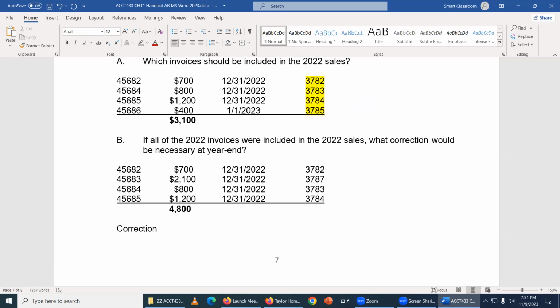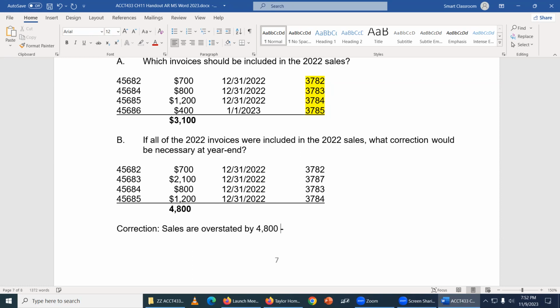The sale is going to be too high or too low? The sale will be too high. Yep. So the correction: the sales are overstated by 48 minus 31. 17? 1,700. Okay, so this will be